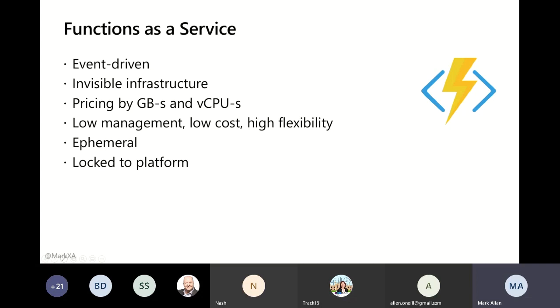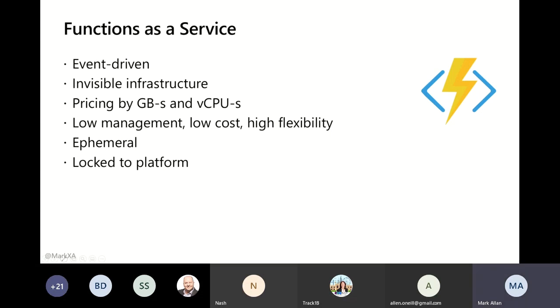Also, the things that trigger your functions have to be things that come out of the box in that platform. You can't write your own trigger. If you wanted to trigger off a RabbitMQ or something like that, which isn't one of the cloud platform services, then you probably won't get that as something you can trigger off. So you are kind of tied down as soon as you head towards this sort of Azure Functions, Lambda, Google Cloud Functions side of things. You are tied to whatever your platform gives you.